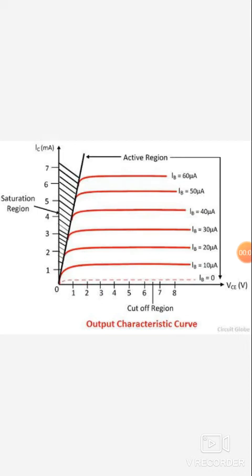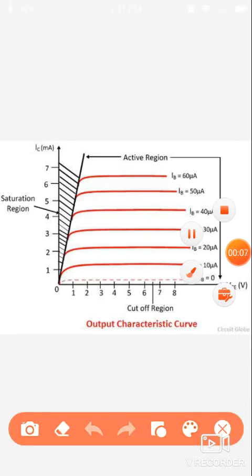Good morning, dear students. Today we will teach about the characteristic curve of a transistor. Here, the curve is shown in the diagram of a transistor, which may be NPN or PNP. It doesn't matter. The important thing in this curve is that the base